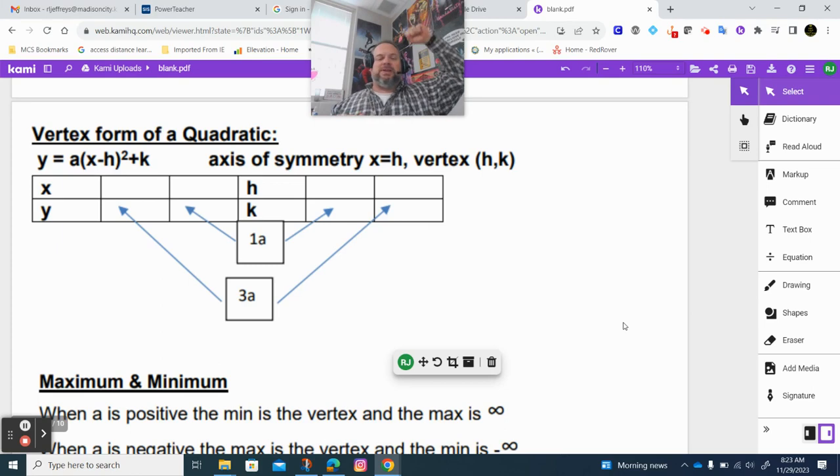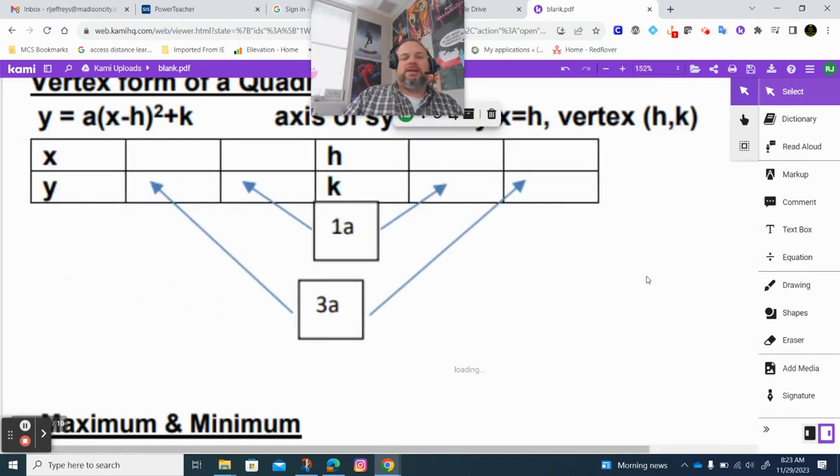Previously this week we talked about quadratics in standard form. Yesterday was quadratic inequalities. Today is vertex form. Now, vertex form is kind of interesting, and it's a little backwards in one part of it. If we zoom in,